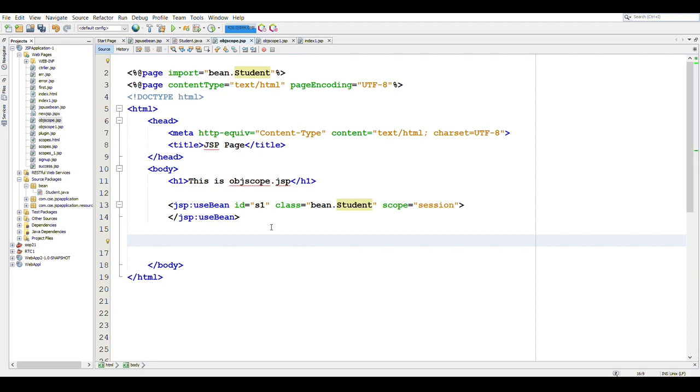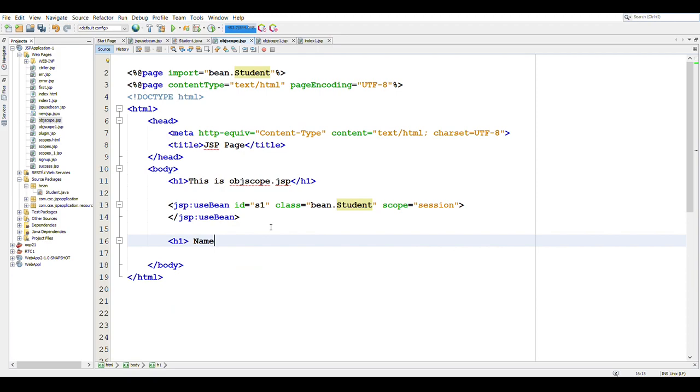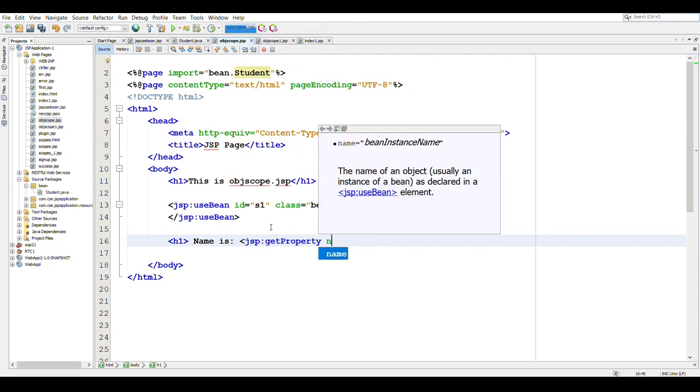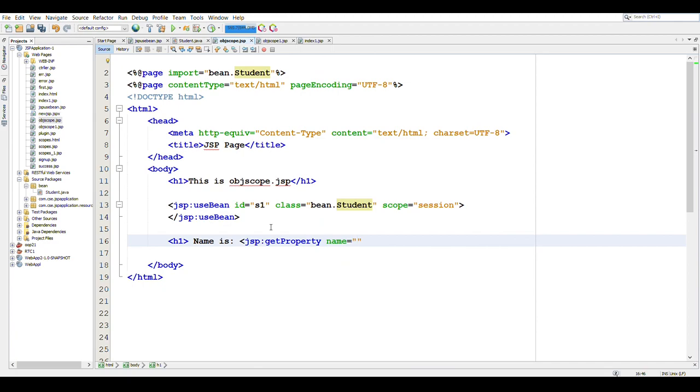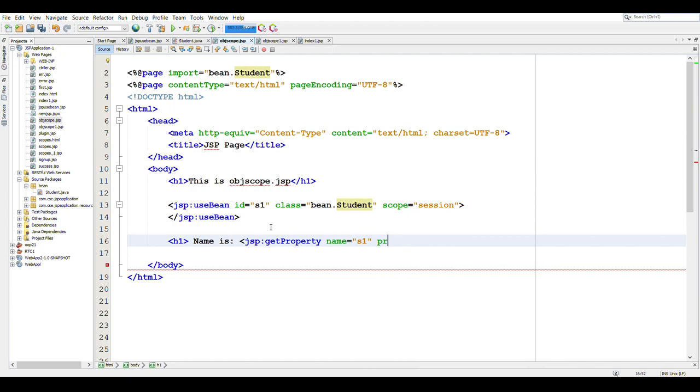First we will try and see what the values are. So name is, and to get the name we will use the JSP get property tag, and here in place of name we will specify s1, which is the object or instance id, and in property we will specify sname.